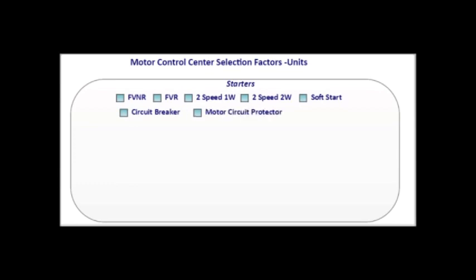Now we'll take a look at the selection factors for motor control center units that are starters. We need to know whether it's going to be a full voltage non-reversing or a full voltage reversing, if it's going to be a 2-speed, and if it's going to be a 2-speed 1-winding or 2-speed 2-winding, if a soft start is required, and what type of disconnect the customer wants ahead of this starter. Does he want a circuit breaker, motor circuit protector, or fusible switch? Once the type of disconnect is established, it's necessary to know the size of the trip or fuse clip that is required. We need to know the horsepower or the NEMA size, the motor voltage,